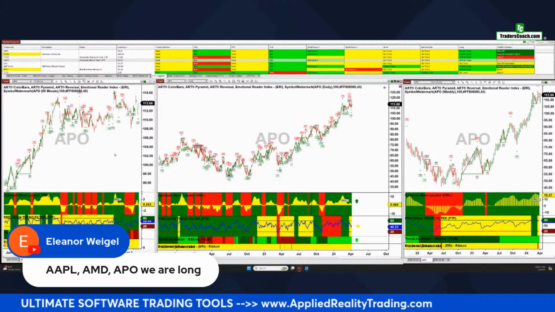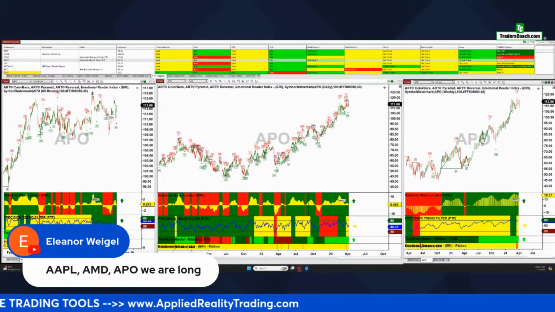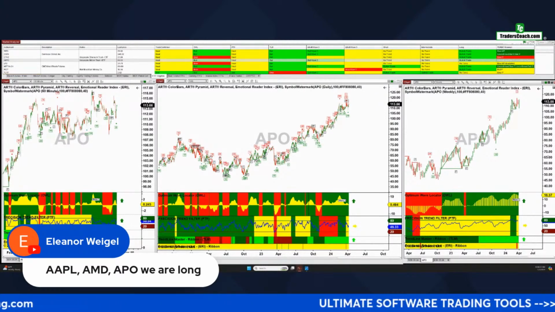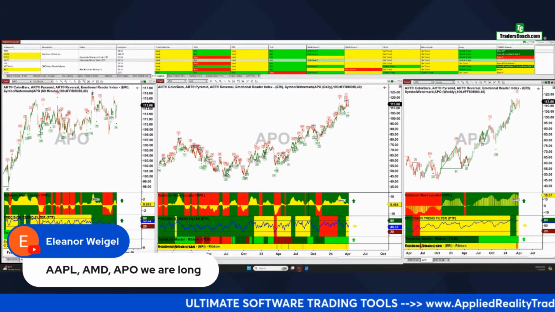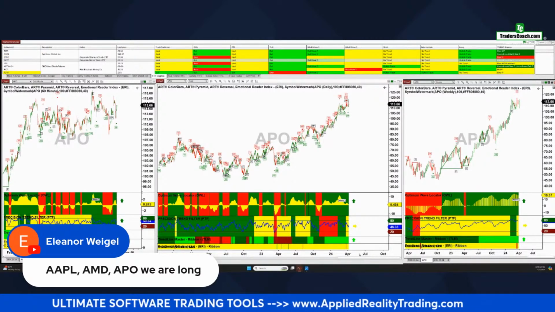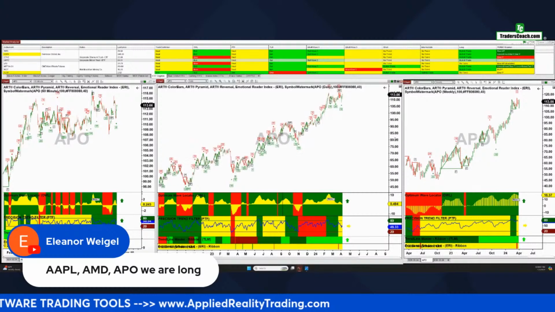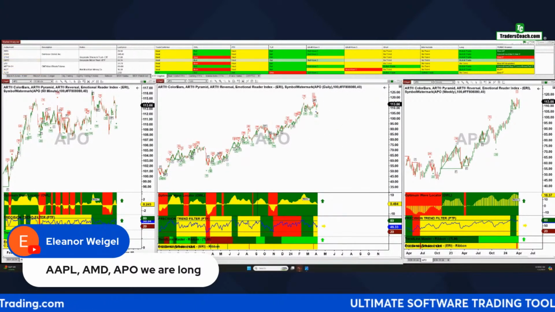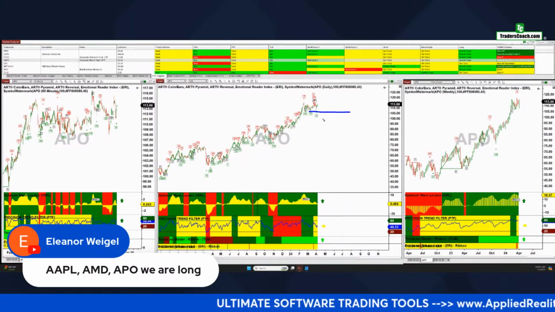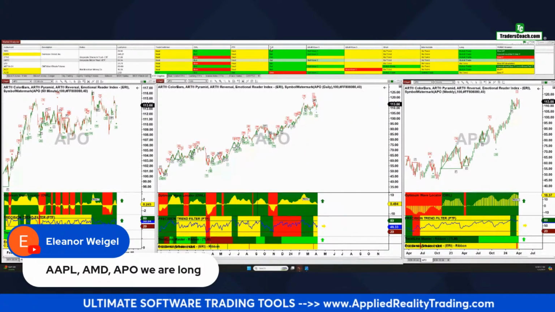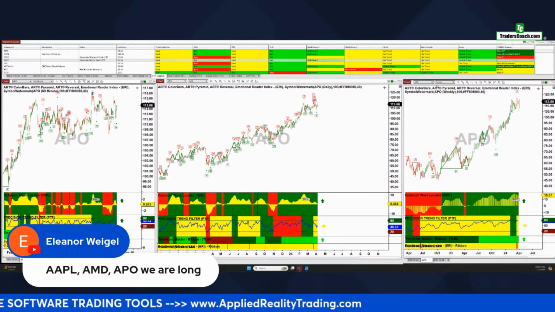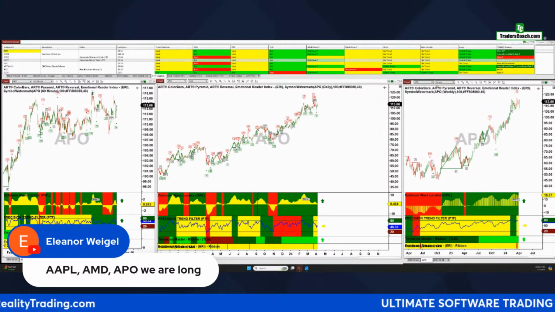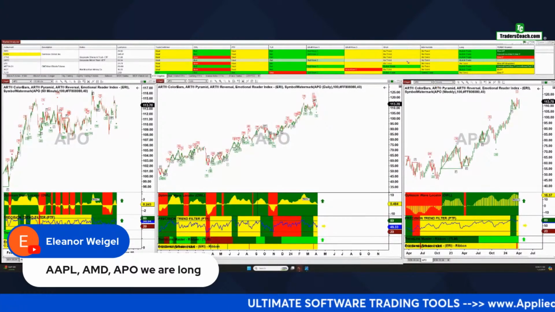Again, if you're sitting on a lot of profits, you might want to take some off the table on that. Again, contact your financial advisor for the final call. All right, APO. All right, still in an uptrend on the weekly chart, an extended uptrend so far. Looks like we got more highs. So the next high this makes, all right, you kind of want to be a little careful on this one. So if you're still in this, put your stop right below here, because there's a lot of white down here. And then we're close also to actually going into a major correction, perhaps on the weekly chart too. So I think you need to be careful here. Okay, so keep an eye on that one.